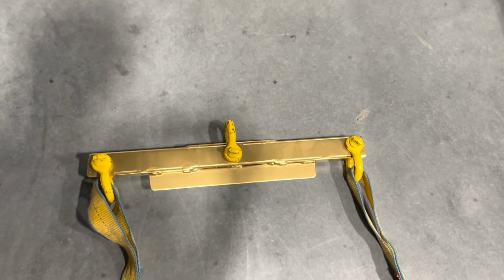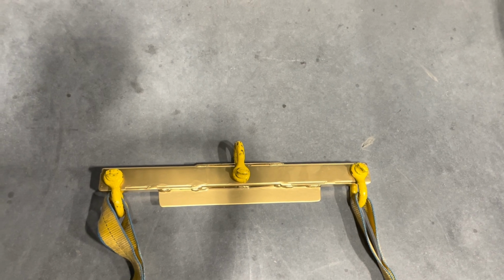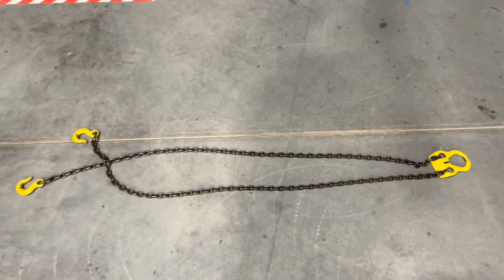Alright, I made this spreader bar for picking mainly drives and putting them in the enclosure. We used to have to use this chain here. I'll give you an example of